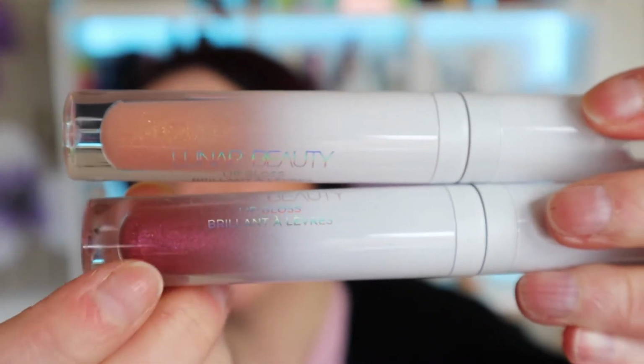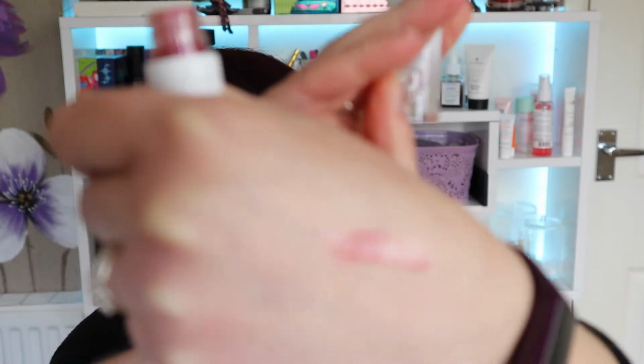With that eyeshadow palette, they also released 2 lip glosses and a liquid lipstick, which I did get the full set of. So we've got the 2 lip glosses. We've got one in the shade Coven and one in the shade, language warning, Bitchcraft. And you can see one's sort of more peachy, one's more of a berry sort of tone in there. They do go on quite clear, but my favourite one is actually the Bitchcraft one. The shade of this on the lips looks amazing. I've never tried any lip products from Luna Beauty before. I'd heard the lip glosses were quite nice, so I really did want to try them, and I haven't been disappointed. So that is that one,